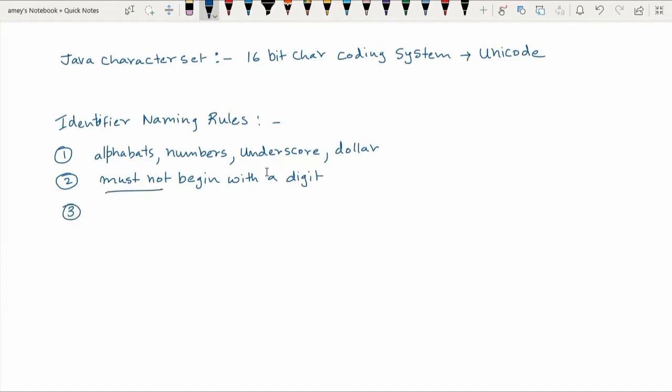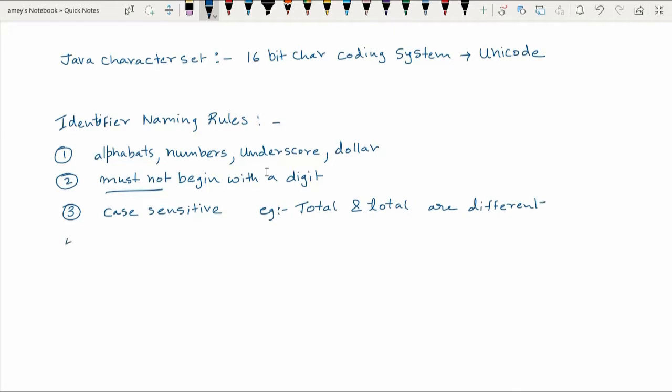Third, remember that identifiers and variables are case sensitive. Since they are case sensitive, for example, total where T is capital and total where T is small are different from each other.